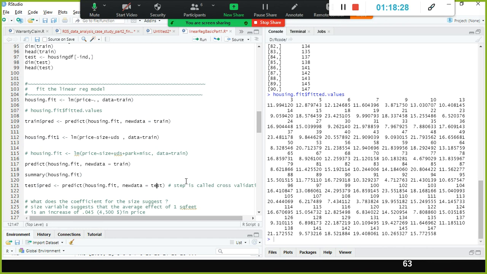Now Bala challenges him: I will give you my test data set, tell me the RMSE for both training and test. Now the test RMSE is way beyond the training RMSE. This is called overfitting.